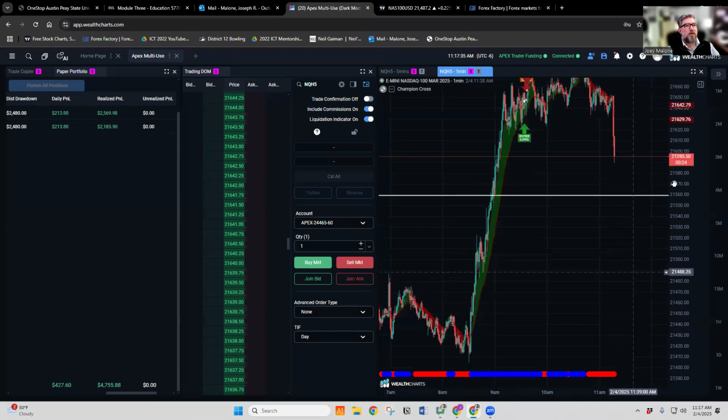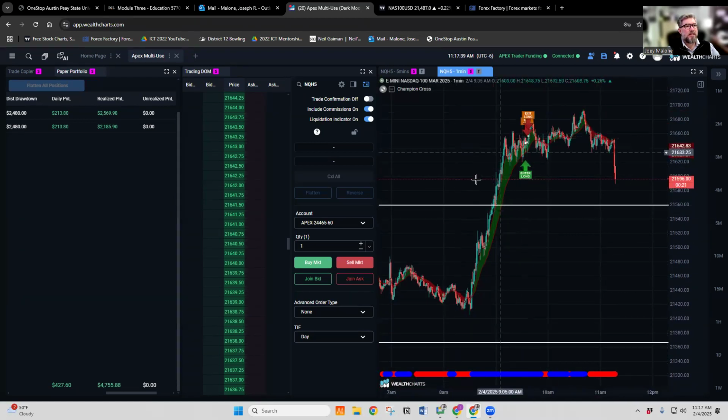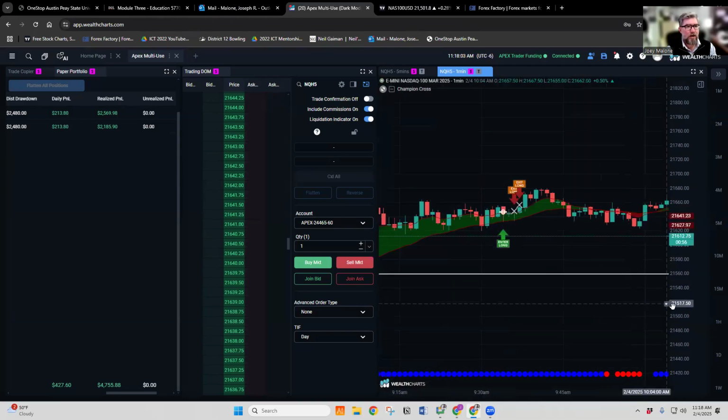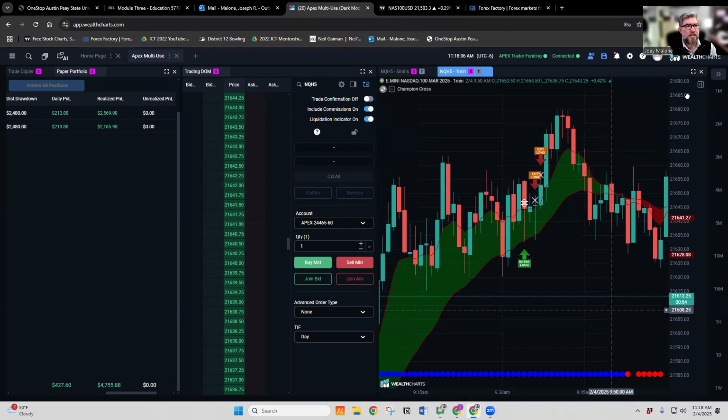And even though some of us might feel FOMO where we missed out on this huge move, I'm not trying to make that huge move. Like in my mind, I'm looking for 10 to 15 points. If it goes 20, great. But more than likely, I'm going to be setting my exit at 10 to 12 points. And I'm looking to see, does the market have a 20-point move in it? And that's where I'm trying to get in and get my 10 to 12 points, because when we zoom back in right here, you can see that